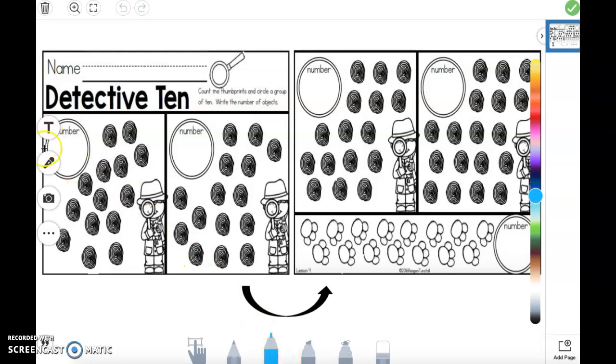First of all, you're going to click your microphone button. You're going to take your marker tool, and let's just do a medium-sized dot. And you are going to look at this box here. Let me highlight it for us. In this first box, with this detective and the fingerprints,